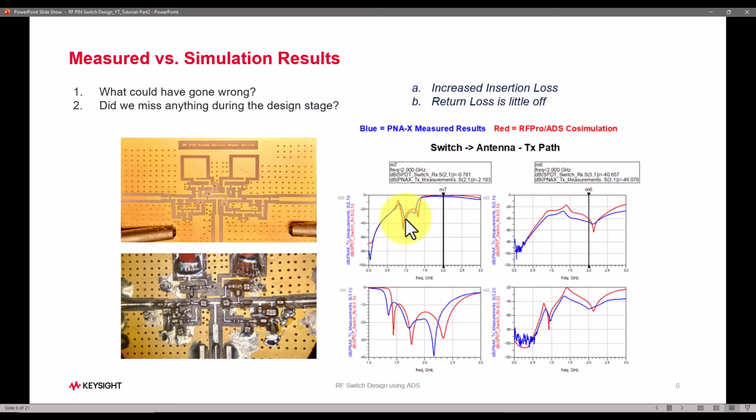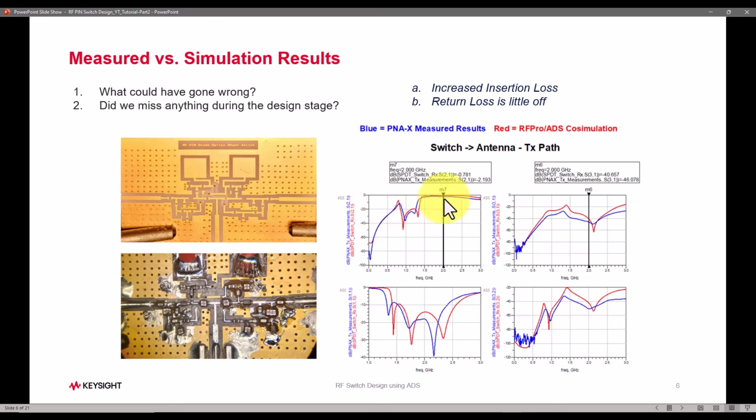And when you think about it, think it like 2 points. Number one, what could have gone wrong which is causing such a behavior? Did we miss anything during the design stage? There might be some things which we didn't account for. And remember, this is a project done by graduate students, so they are not super duper RF design experts, so they were also learning along with this process. So it's highly likely they didn't know something and they missed some things in the design stage,